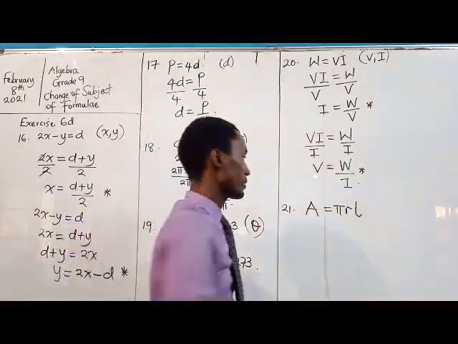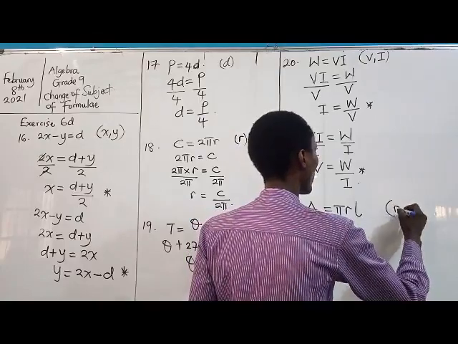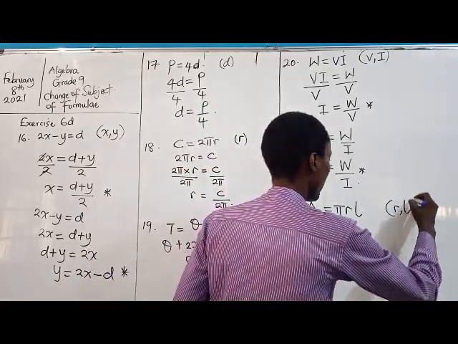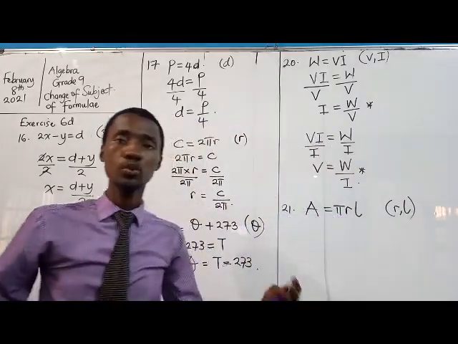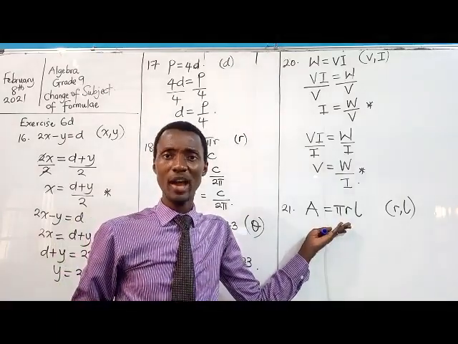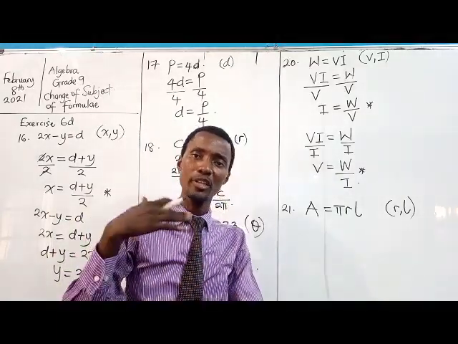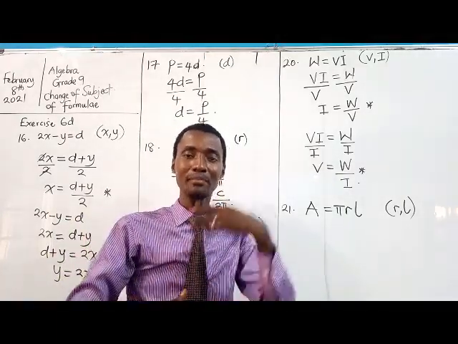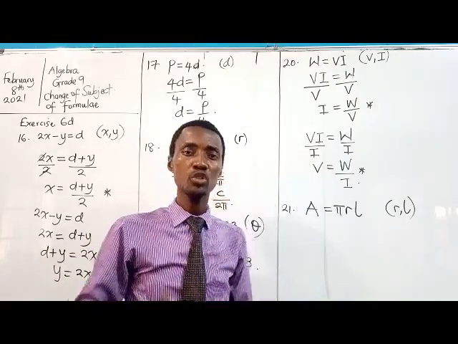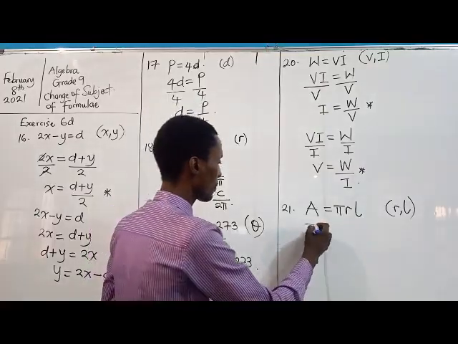Now, how do we handle that? Here we are told to, at one point in time, emphasize R, and at another point in time, emphasize L. So, how do we solve this? The first thing we need to do is to rewrite. You notice that rewriting is becoming a recurrent term in this matter. We must always rewrite first. And so we have pi